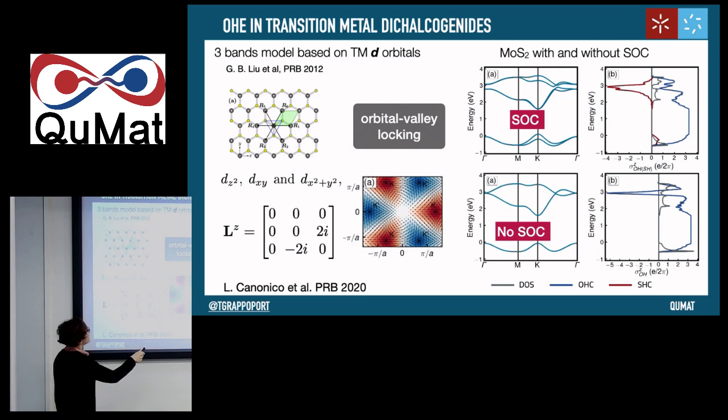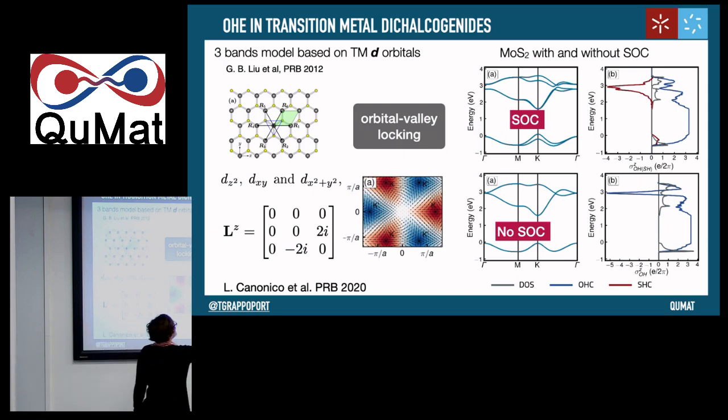expectation value of L, this is the orbital texture, we can see that depending on the valley, the orbital polarization is the opposite. The orbital texture is in the opposite direction in these valleys, right? It happens even without spin-orbit coupling, which means that there is an orbital-valley locking that precedes the existence of the spin-valley locking, and even explains it, right? And the energy scale of this is only related to the orbital-dependent hoppings in the system, so it's of the order of a few electron volts compared to the milli-electron volts of the spin-orbit coupling.